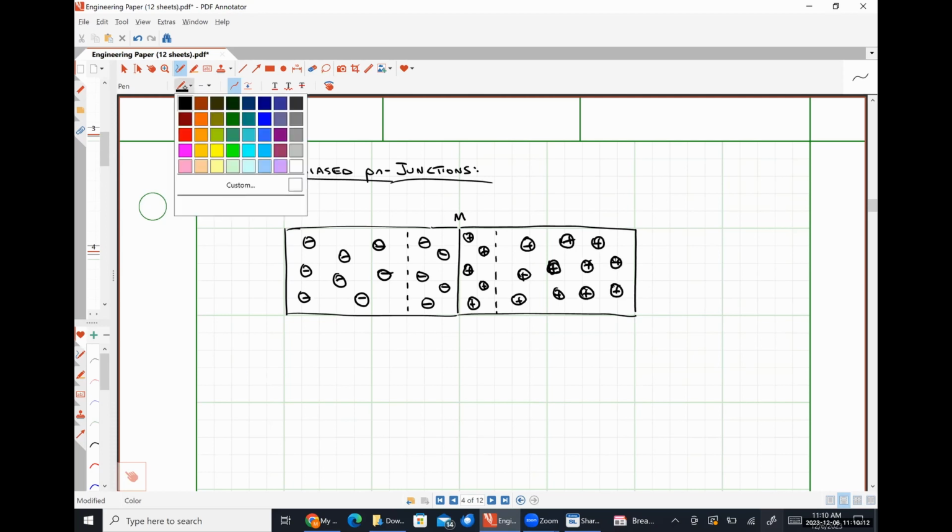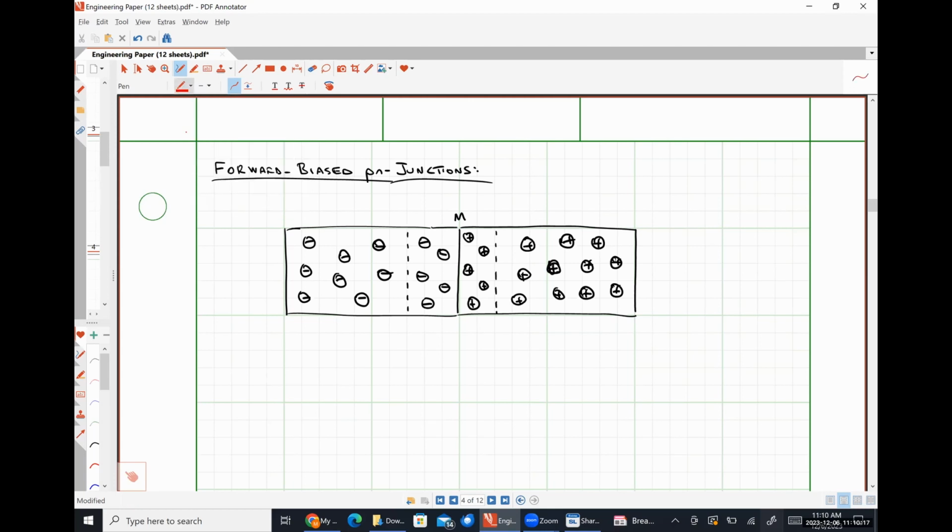And putting our charge carriers around. Let's see, so holes over here. Electrons over here. All right, so this is our unbiased PN junction,